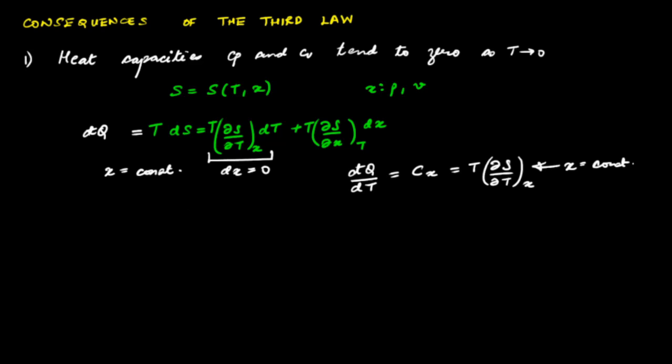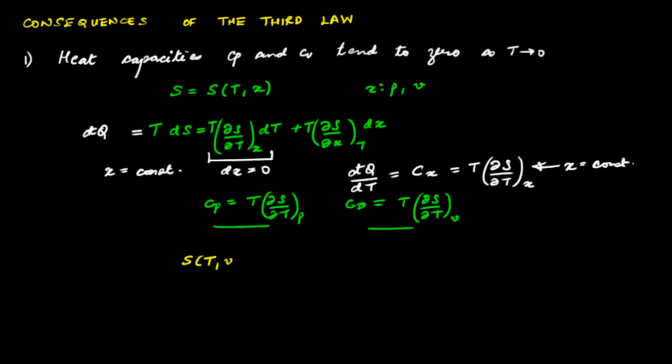For example, if pressure is kept constant, then the specific heat capacity at constant pressure, Cp, would be given by T times del S by del T at constant P. Similarly, the specific heat capacity at constant volume is given by T times del S by del T at constant V. Now, from these two definitions, we can clearly see that for a process where pressure is kept constant or specific volume is kept constant, we can integrate, and let's write S is a function of temperature and specific volume from here, and this is S minus S naught, and we get this relation. Similarly, from this equation we can write